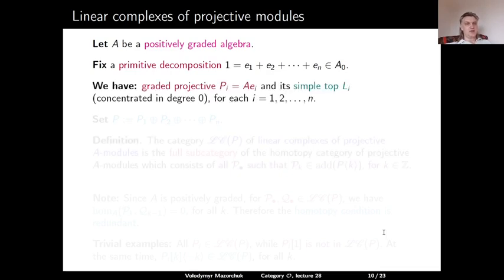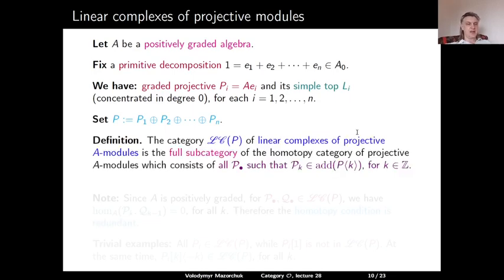So for each i, we have the graded projective module Pi, which is A times ei, and its simple top Li. The simple top is concentrated in degree 0. And let P be the direct sum of all these projectives. The category LCP of linear complexes of projective A modules is the full subcategory of the homotopy category of projective